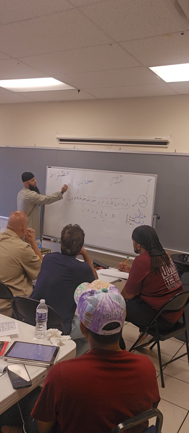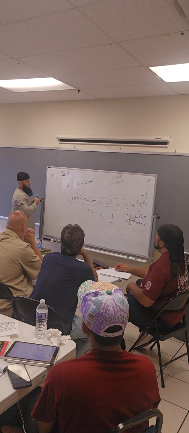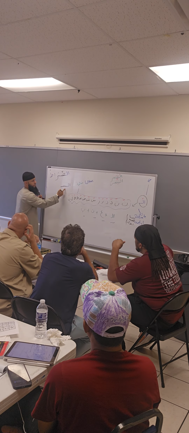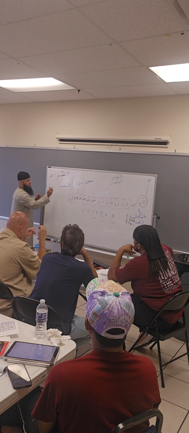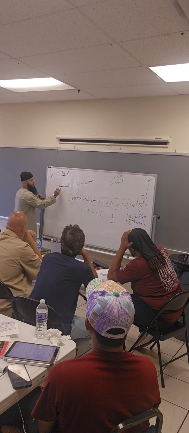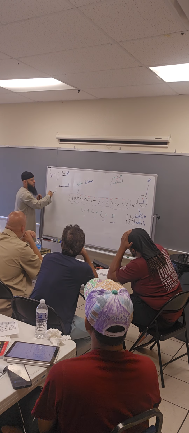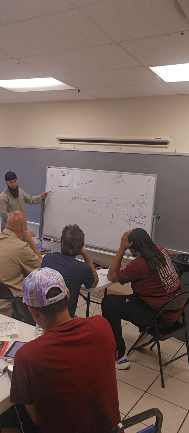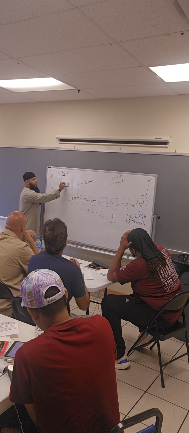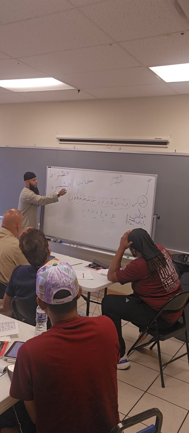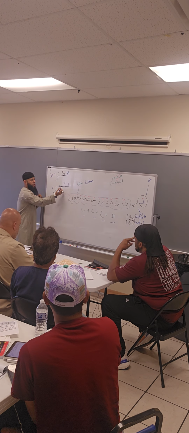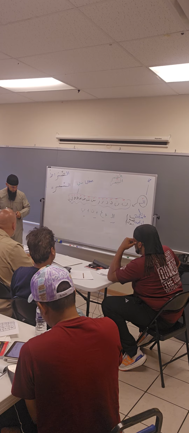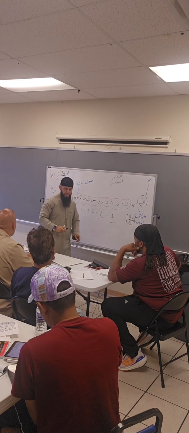So you have al, and then sa, because it's in the middle it's going to have two hands, and then ya, and then ra. And then ta marbuta, which we should talk about. As-sira. We're not going to pronounce al, we're going to jump right to the sa. So it's called as-sira, which means the biography.